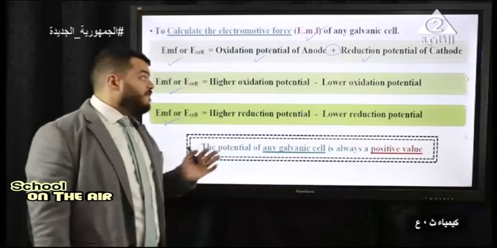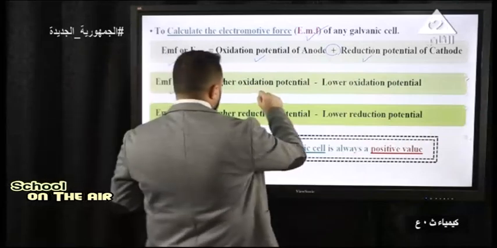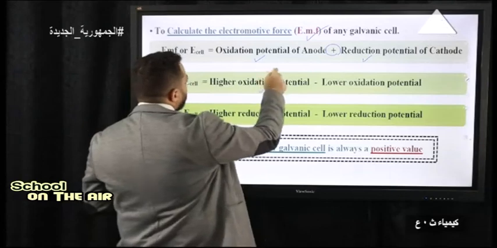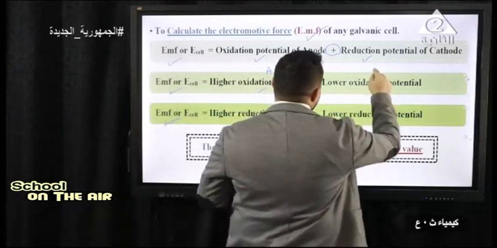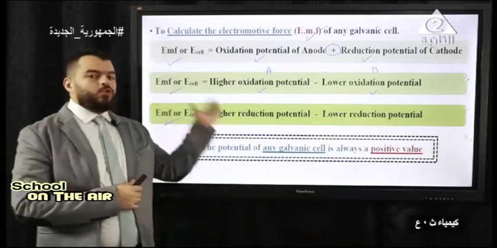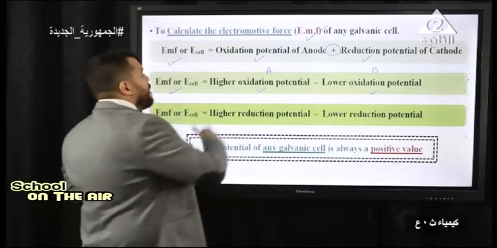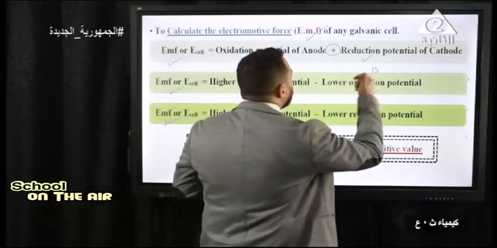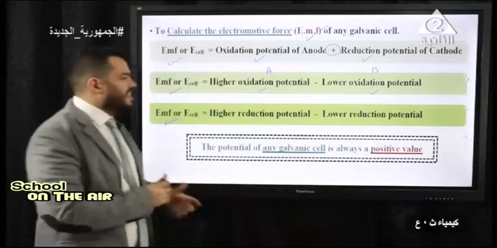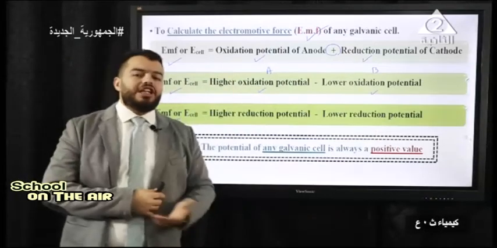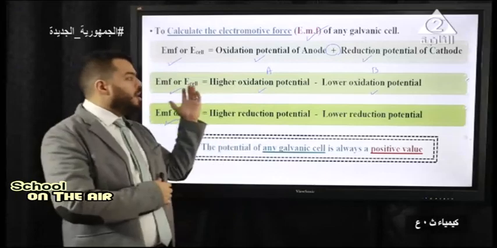And if I give you in the question the oxidation potential of an element and the oxidation potential of another, you will be able to measure the electromotive force by making the higher oxidation potential minus the lower oxidation potential,